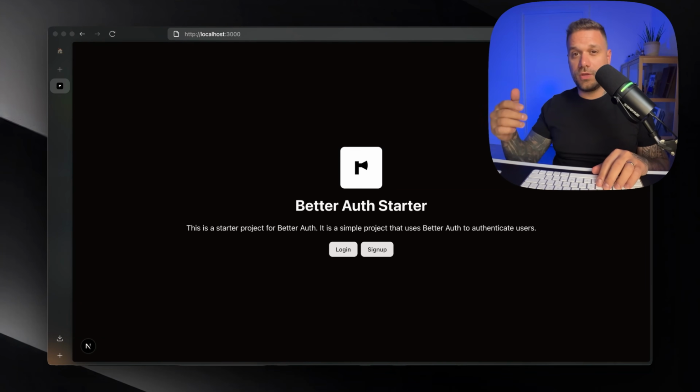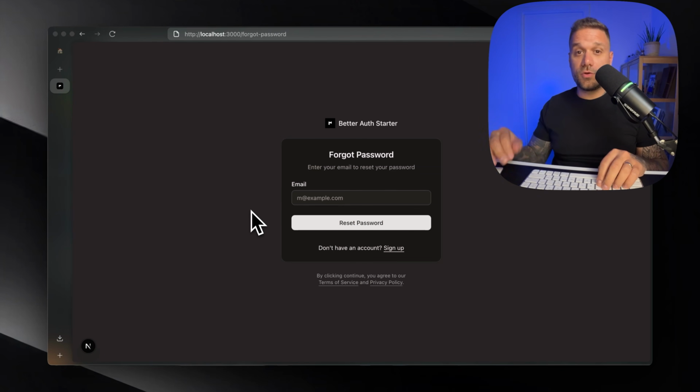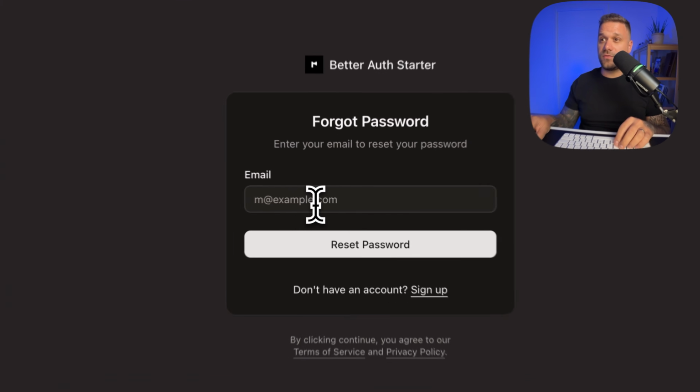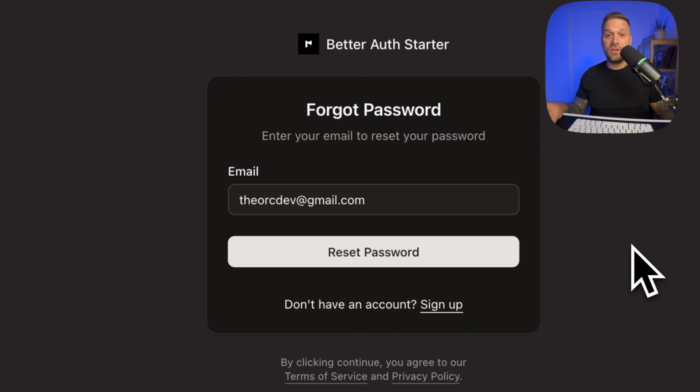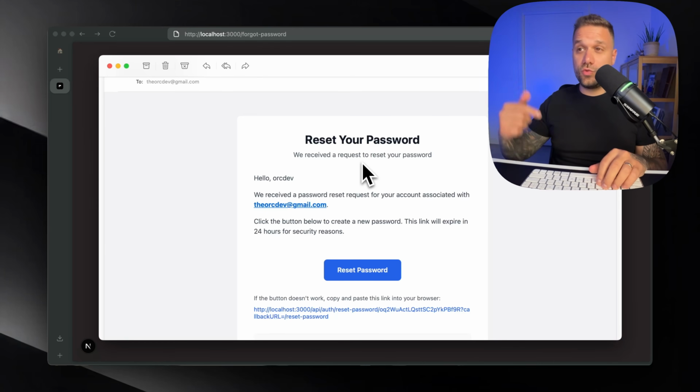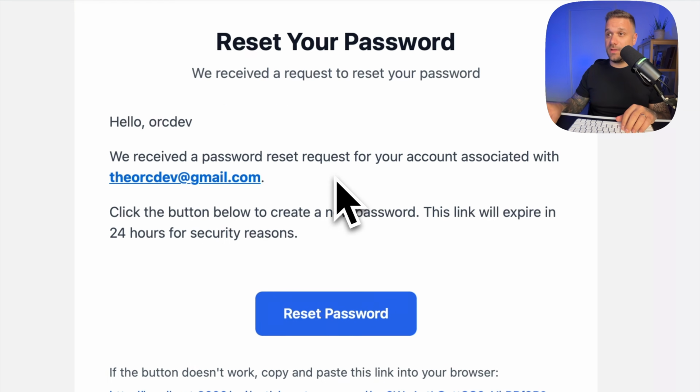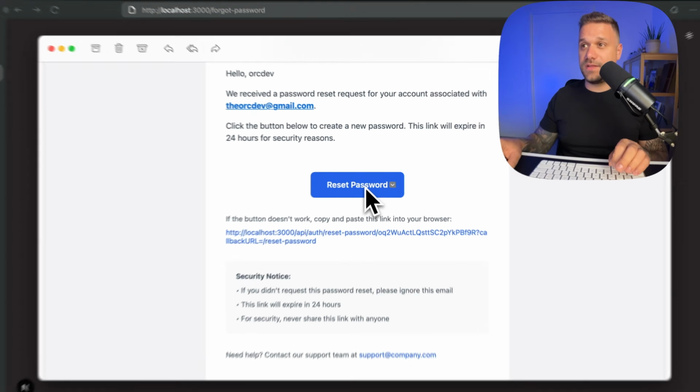In this video, we are going to implement the entire forgot password functionality using Better Auth and Resend. We are going to create this forgot password form where we send the email to our user. Then we are going to receive this fancy looking email where we have this reset password button, which leads us